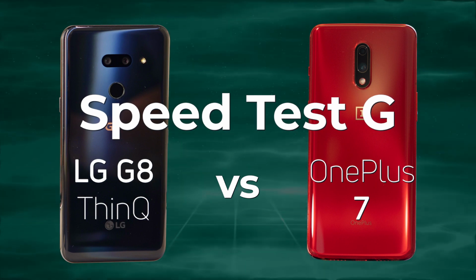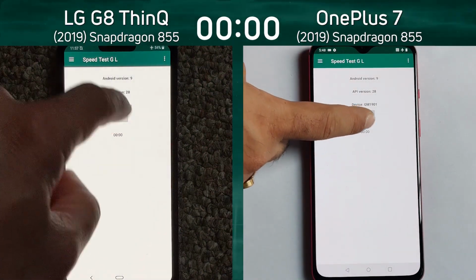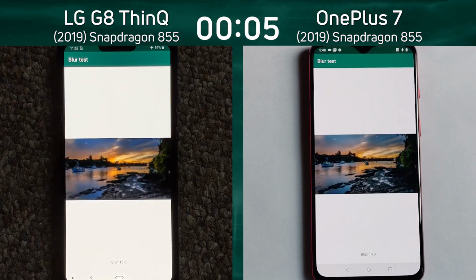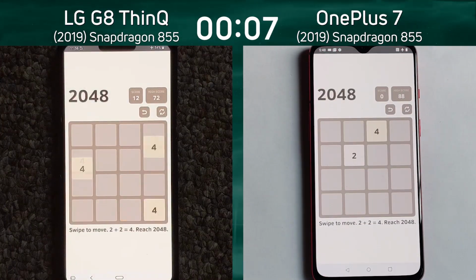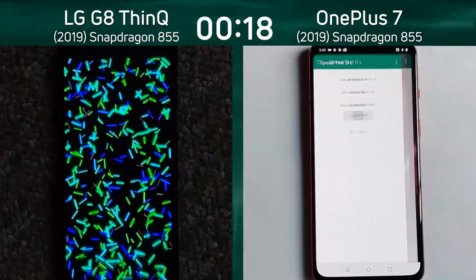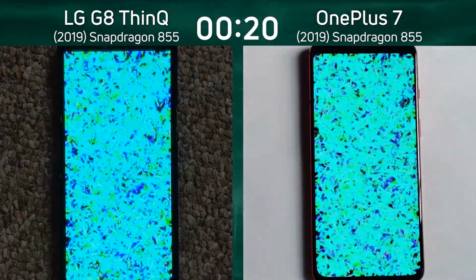Well, let's find out. So we have the LG G8 on the left-hand side, we have the OnePlus 7 on the right-hand side. As I said in the introduction, the difference here, of course, is that the LG G8 has a Quad HD display. Both of them, however, are using the Snapdragon 855 as we go into that 2048 test. This is going to be really interesting, I think, when we get down to the GPU test. This really is going to be the make or break for this test as we go into the bloom test now,